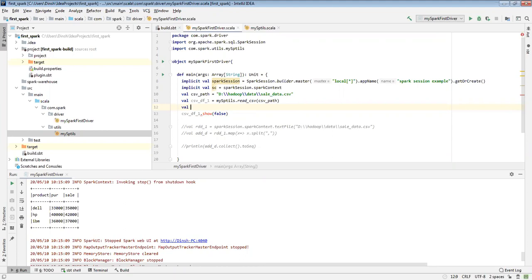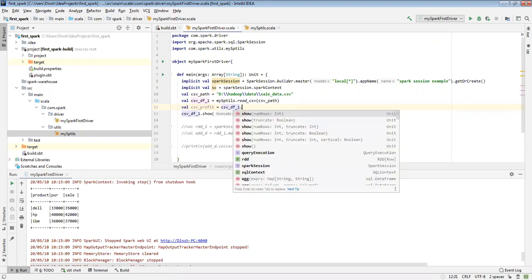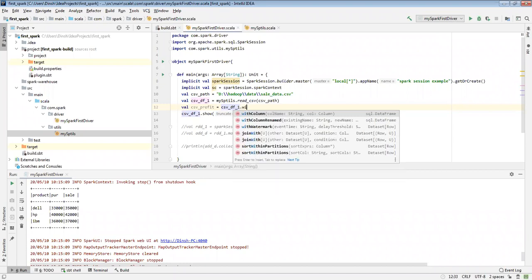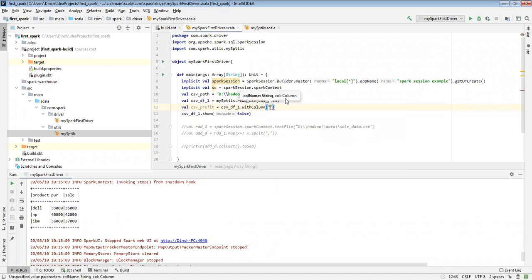So on the same CSV df1, if I want to add a new column, what is the transformation I want to use in Spark? withColumn, and in double quotes, whatever the new column I want to add, I give the column name: profit.